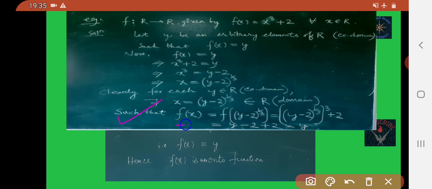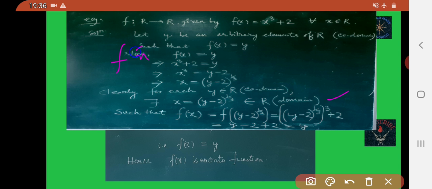f of x. Here x is equal to what? The cube root of y minus 2, so here you put the x value. Now f of x is equal to what?